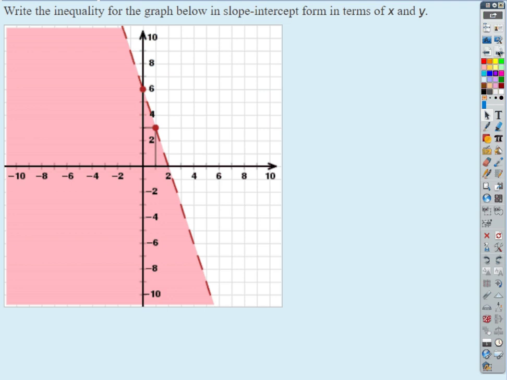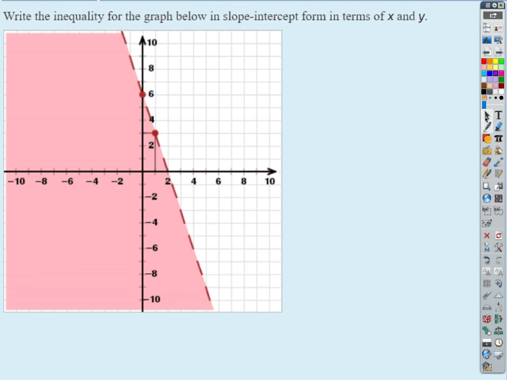Okay, so write the inequality. Well, it's an inequality, so the first thing we want to ask ourselves is, what's going to be the direction of the inequality sign? I'm going to have y is what? Am I shading above or below? Below, so it's going to be less than. Am I including the boundary line? Nope. So I don't put in equals, right? So it's going to be y is less than